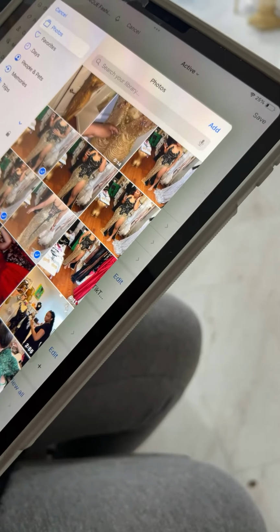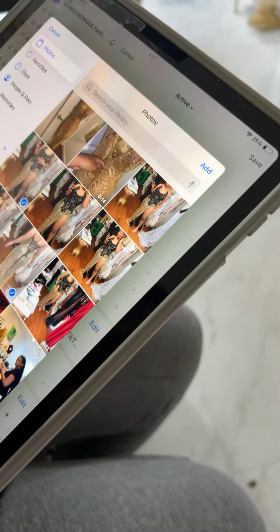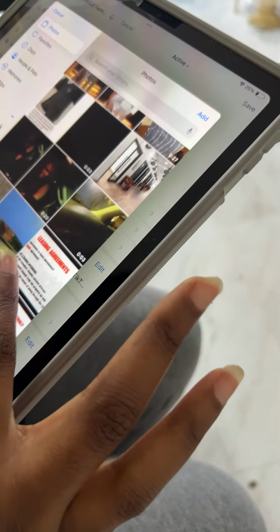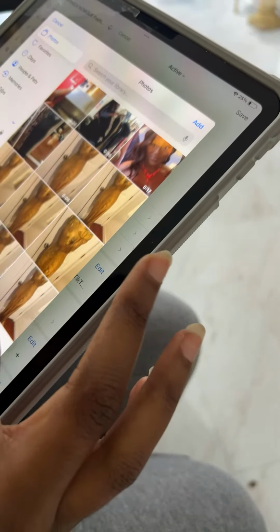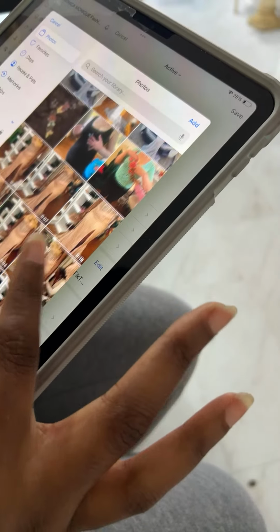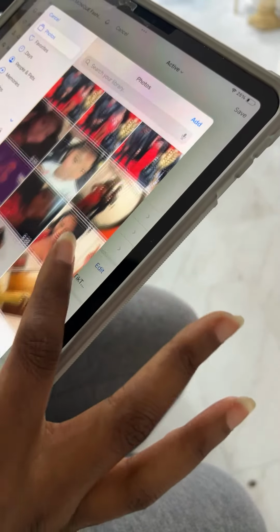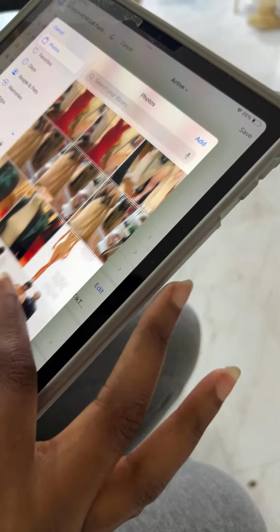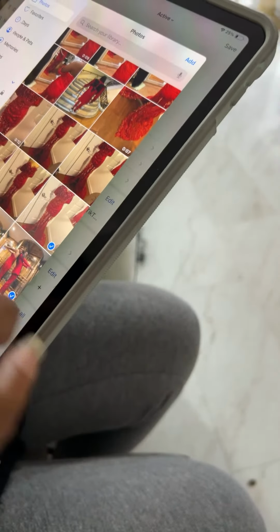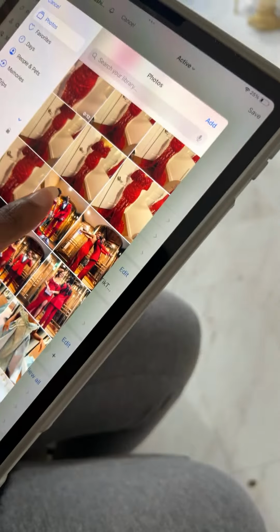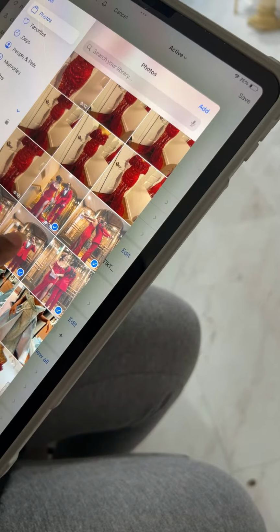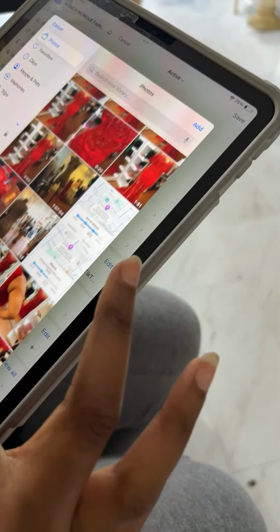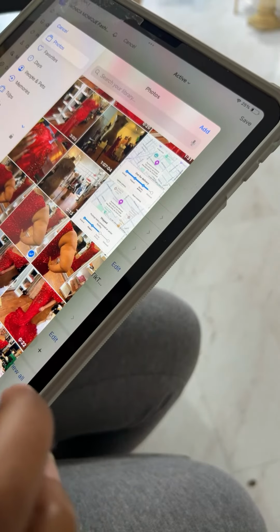So we do have, can I add video? I don't know if I can even add videos, but we're gonna see with that. And luckily my iPad is connected to my cell phone. So I just always have, oh, I need to add this gown too. This gown came out really beautiful. I want to make sure I add her dress to the website as well because it's a really easy dress to remake. I should add that picture